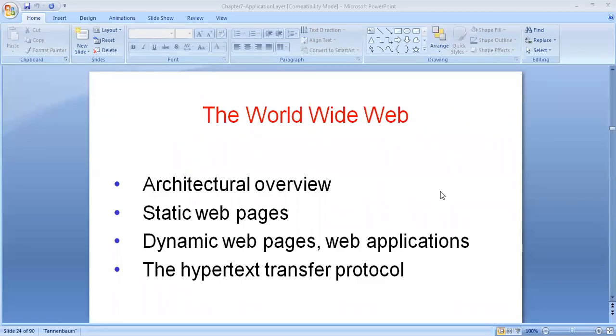So in the previous lecture, we discussed DNS, and then we also discussed the SMTP protocol and the basic working of the email architecture. And after that, we need to understand one more important element of the application layer, that is the World Wide Web. Understanding the architecture of the World Wide Web is very much essential, because